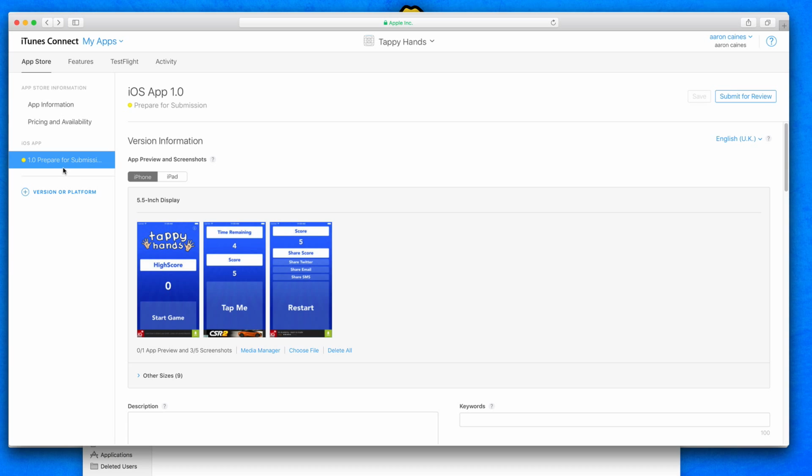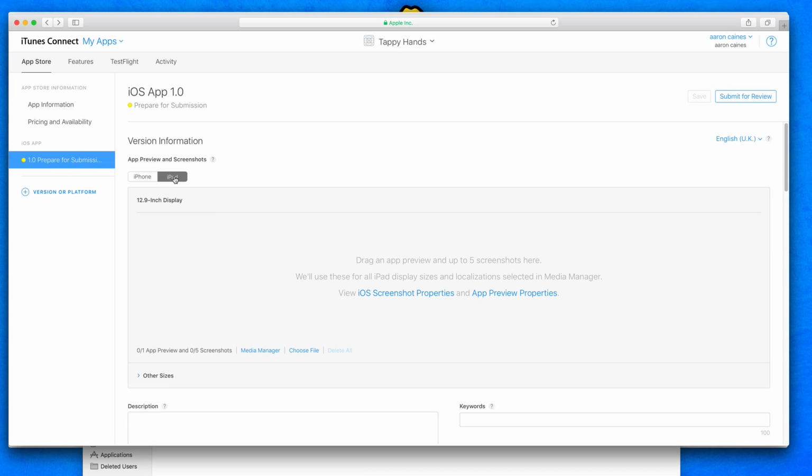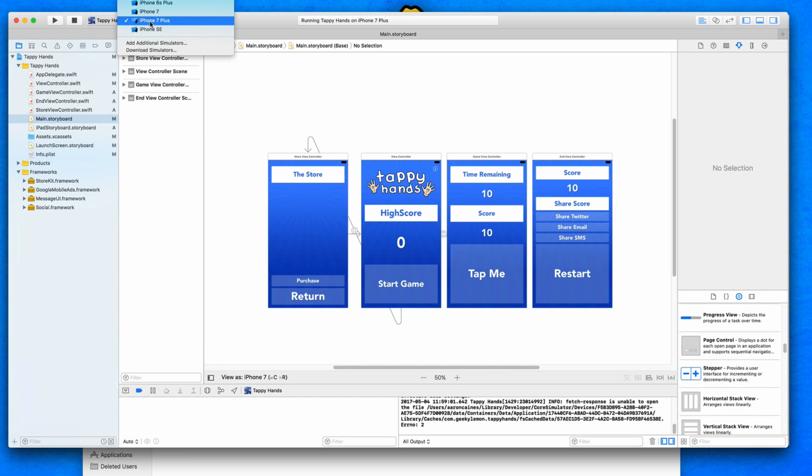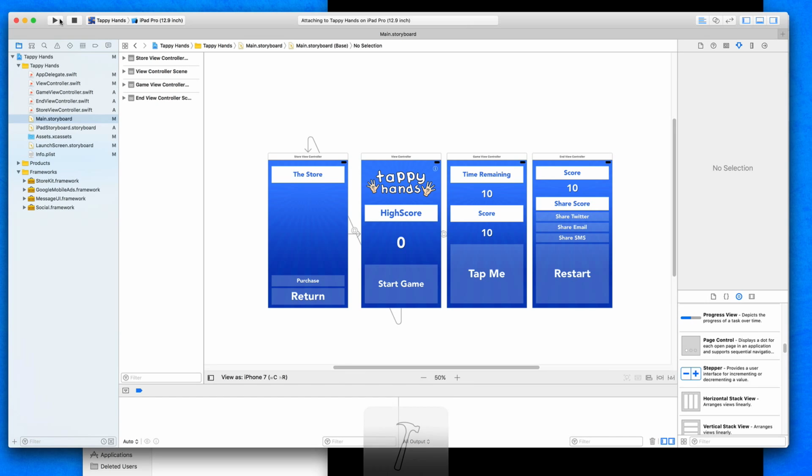So back again to preparing for submission. We got the iPhone ones in there. We're now going to jump to the iPad section and go to add those in. So that's going to require us now to go to the biggest iPad Pro 12.9 inch. We'll stop it from running at the moment. Go to build and run once more, and then gather the 3 screenshots on the iPad ready to upload again